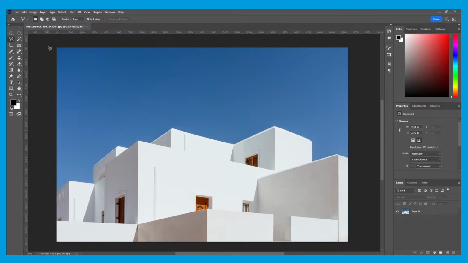So to begin your selection, once you have the polygonal lasso tool selected, head to your canvas. I'm going to click the corner of the building here. Just click once, and drag your cursor from corner to corner. This will create a straight line, and just click to make your next checkpoint. And if you do make a mistake with a checkpoint, you can press backspace or delete on your keyboard to go back and redo that checkpoint.